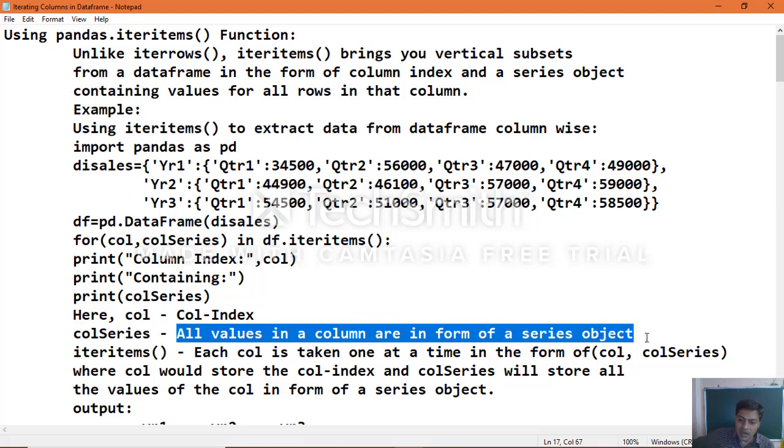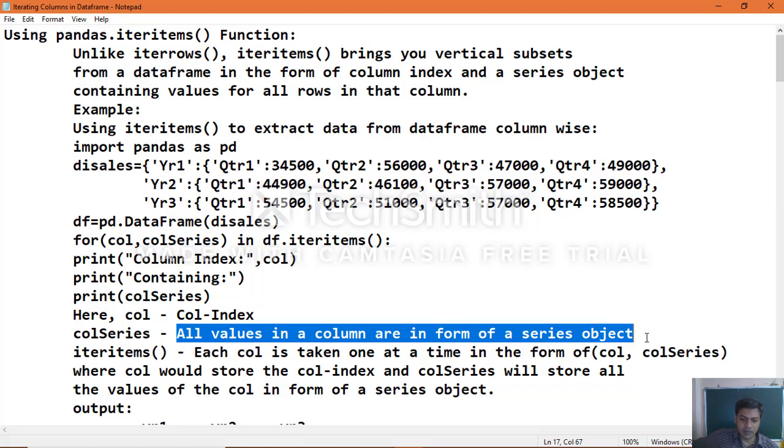In that one particular column, all the values it contains are represented as a series object, a one dimensional array. A data frame is a two-dimensional array, and in it each column represents one 1D series object, because a series object holds data in the form of a one dimensional array.